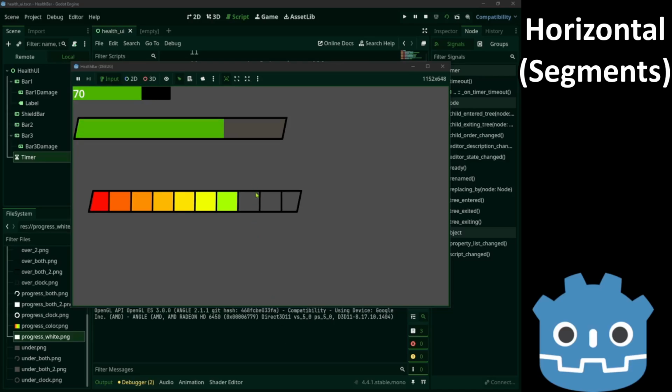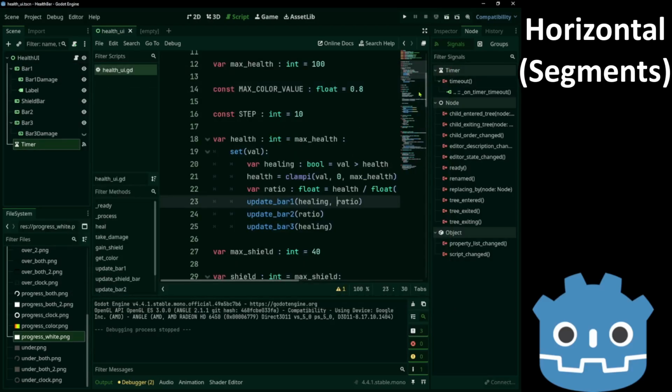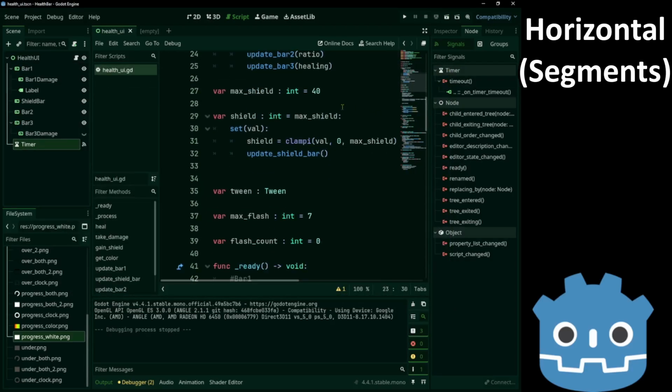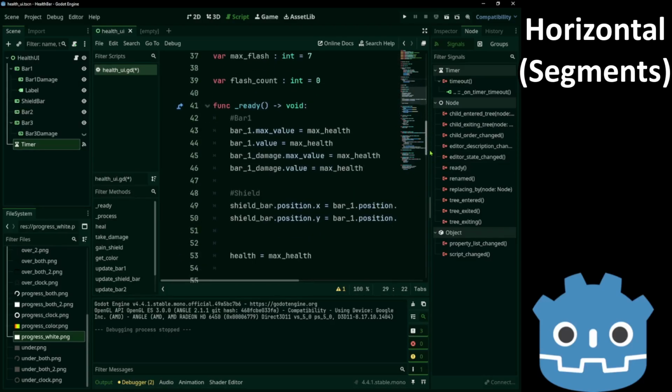As you can see, it flashes. Let me change the max shield over here so that we start with no shields.